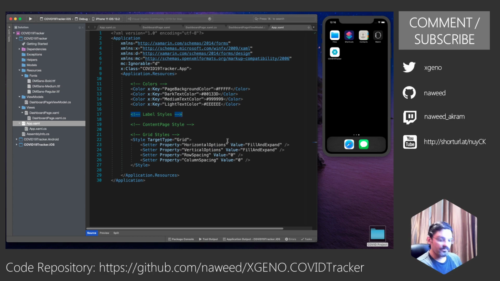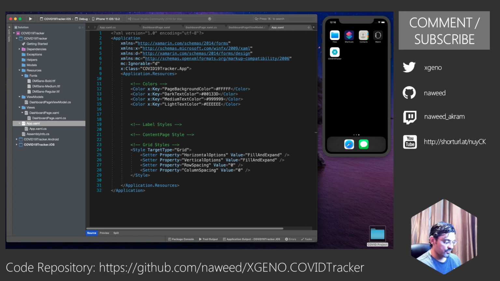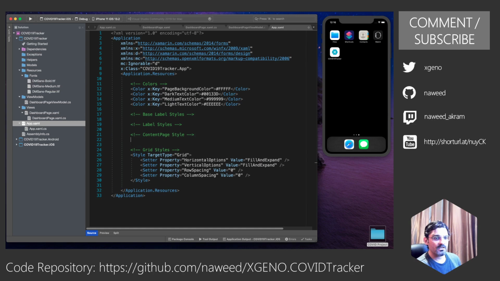We are going to define our label styles as well over here, but before that I also usually define base label styles. This makes it easier for me to work with. We will leave it empty for now. Later on we will keep on filling. For my content page, which is the XAML page, since I want to apply some common settings across all the pages, I would define a style for my content page as well.